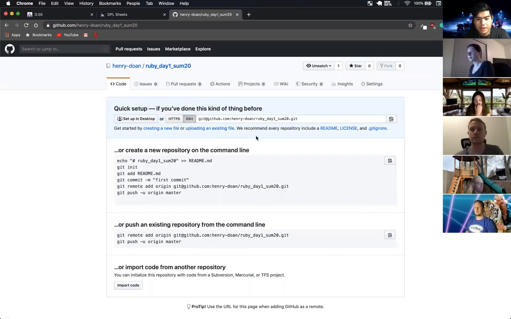So after you create the repo, I would grab this SSH. Again, make sure SSH is toggled, and it should say git. It shouldn't look like a URL. That's not what we want. We want the SSH. The HTTPS will ask for a password every single time you push, you pull, you commit, all of that. So we actually don't want that. We want the SSH. So go ahead and copy that